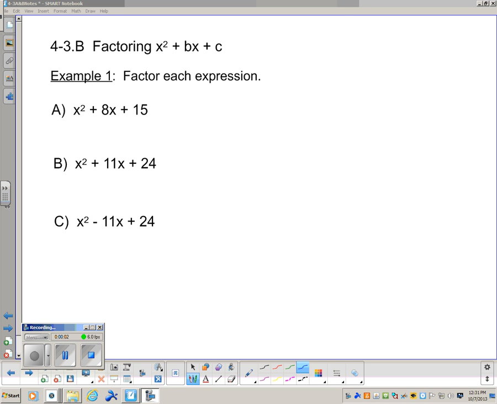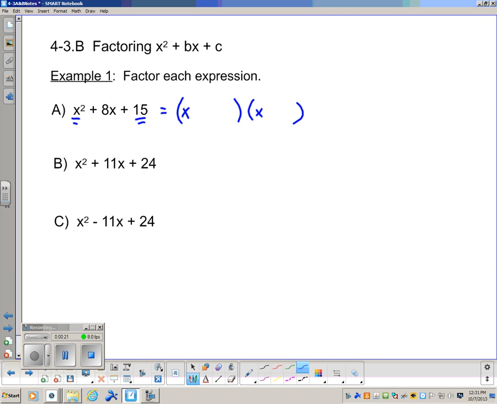Okay, so instead of foiling, we're going to go the other way. So this is entirely foiled out. Now we're going to factor and put it back together. So this works when your a value up here is 1. So what times what gives me x squared? X times x. So I'm thinking what times what gives me this, and now I'm going to think what times